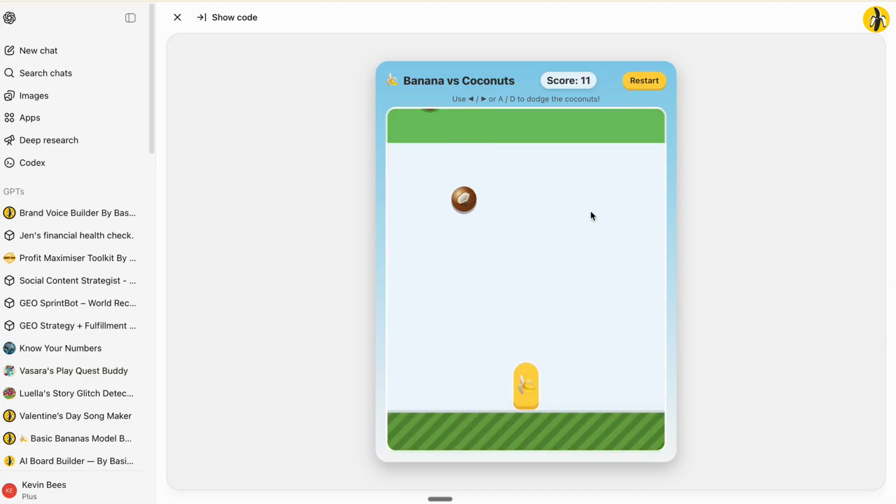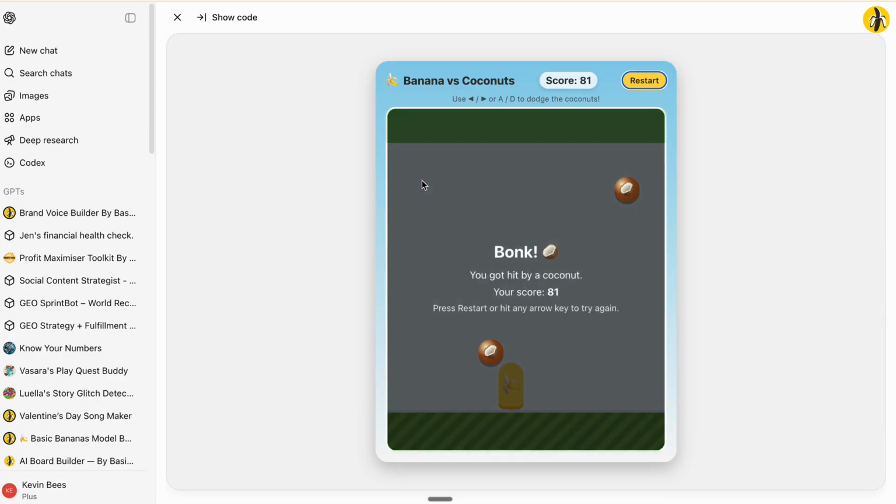So here we go. I'm the banana, and just with the keys, I can move left and right. Watch the coconuts. I don't want to get hit by the coconuts. This game might be a little bit addictive. I wonder what's the highest point? I had one very quick go just before. Oh, I ruined it, and it's restarted for me already. There you go. So anyway, up to you. You can use this game for this